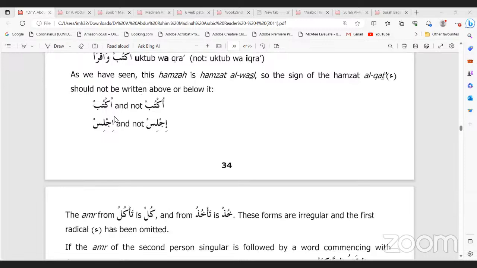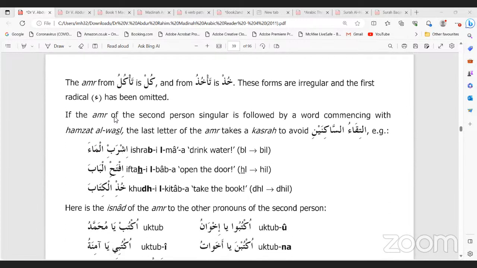The amr of takulu is kul, and of takhuzu is khuz. These forms are irregular and the first radical hamza has been omitted. If the amr second person singular is followed by a word commencing with hamzatul wasl, the last letter of the amr takes a kasra to avoid